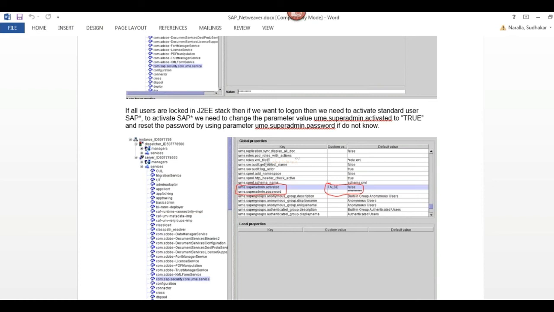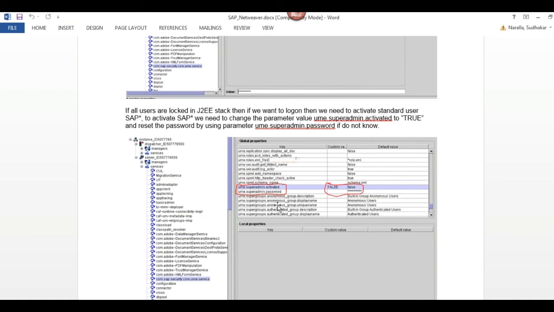We can activate the SAP star again and restart the ABAP stack, and then we can log in with SAP star with password PASS, correct?